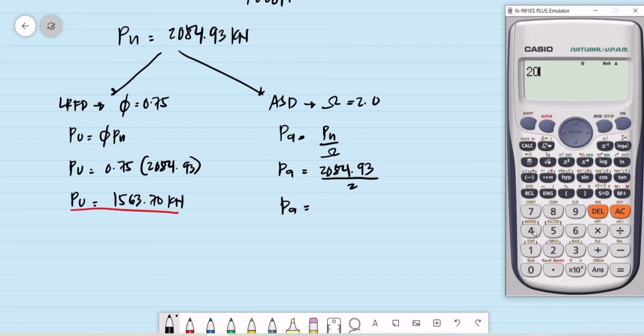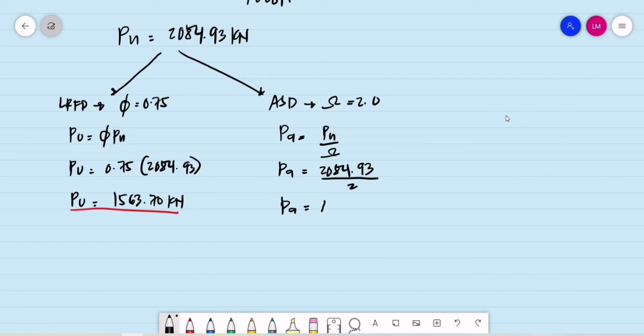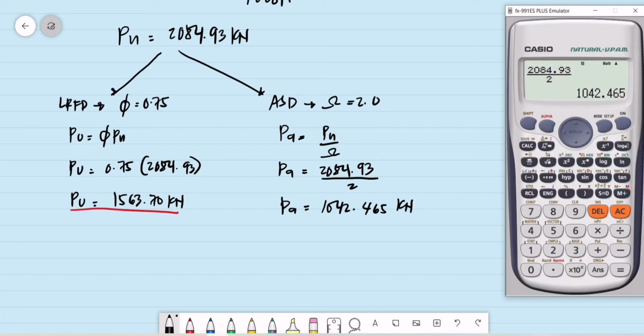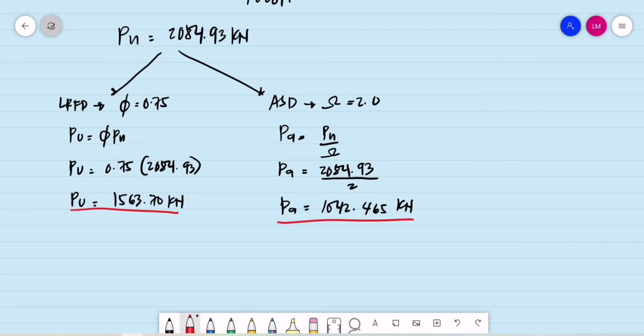That is 1,042.465 kilonewtons. So these are the design strength and the allowable strength under